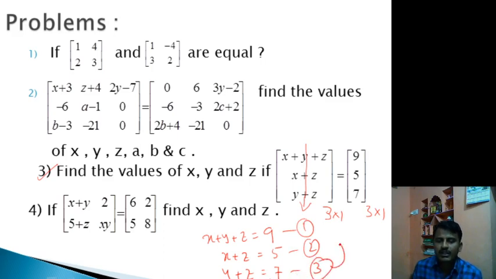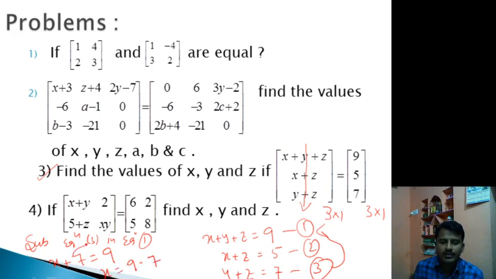Substituting equation number 3 in equation number 1. We get x plus, what is the value of y plus z? Y plus z equal to how much? 7. x plus 7 equal to 9. Then x is equal to 9 minus 7, shifted to RHS. Then x is equal to 9 minus 7, that should be 2. If x is equal to 2, again I am going to substitute,